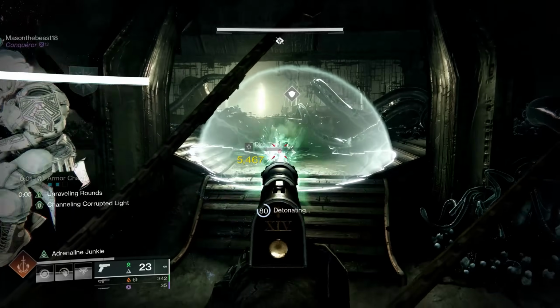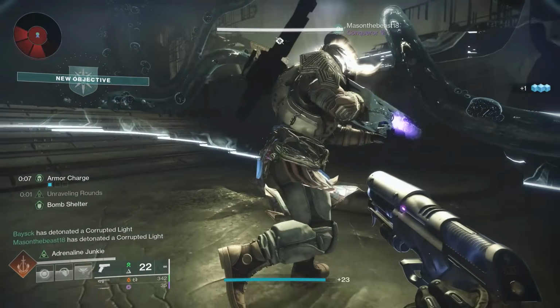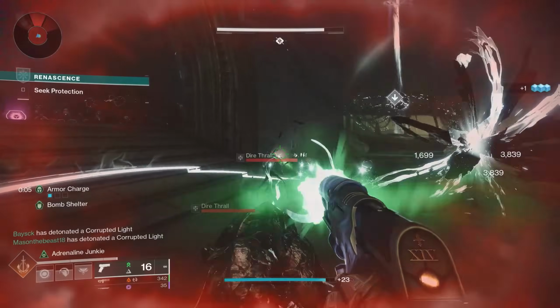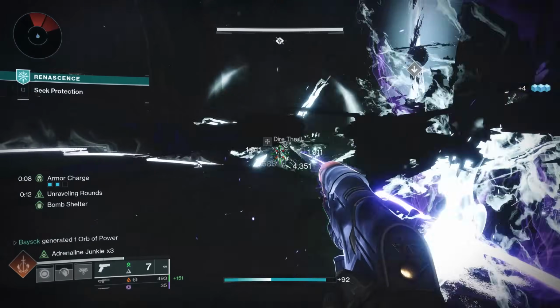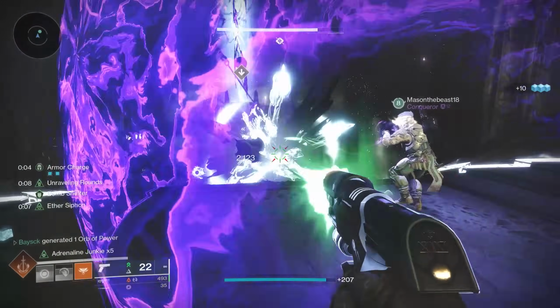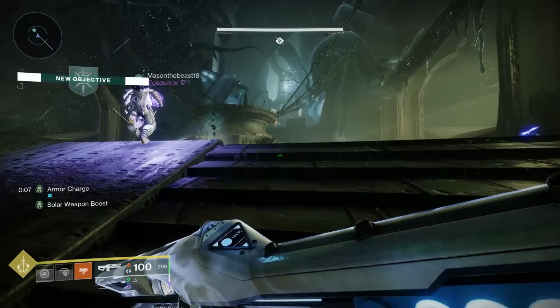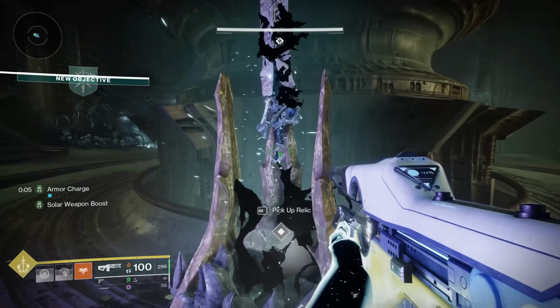The mechanic here is basically the same as the burst augmentation from Court of Blades, or the bomb mechanic from King's Fall. You just gotta stand next to the blight to activate it as a bomb, and then run to cover in the marked dome, which will be located where you just shot the crystals. You're gonna repeat this process 3 times, and then you can grab the reforged Willbreaker sword from the middle